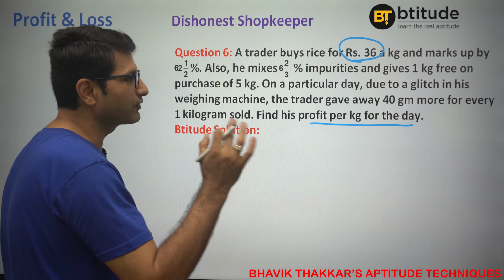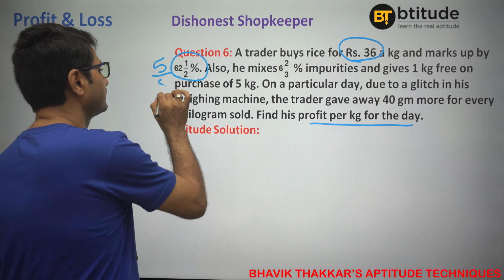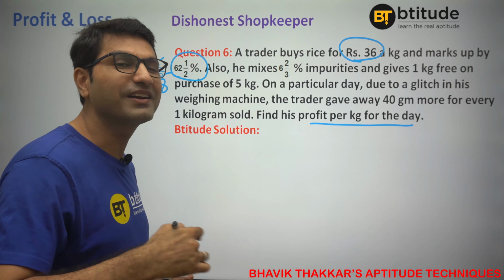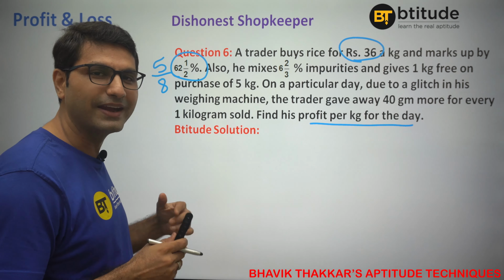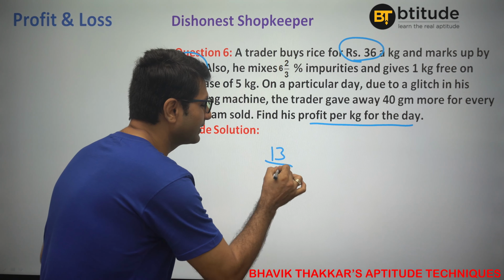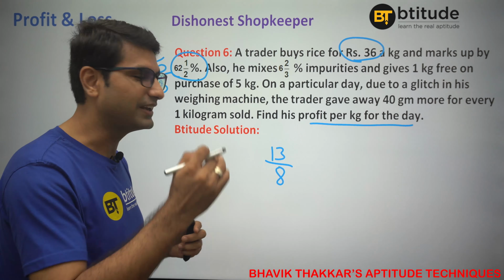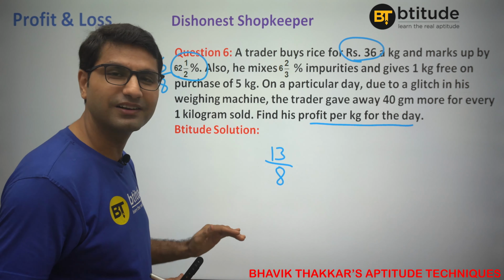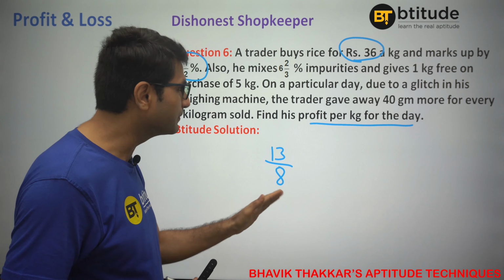Okay, then first what we are doing? We are marking up our product by 5 by 8. Now the interpretation is very important. You should know that we are marking our product by 5 by 8, so you are adding it. 1 plus 5 by 8 will be 13 by 8, right? So you are adding 5 on 8, it is becoming 13. From 8, your value is becoming 13, so your cost is actually multiplied by 13 by 8.